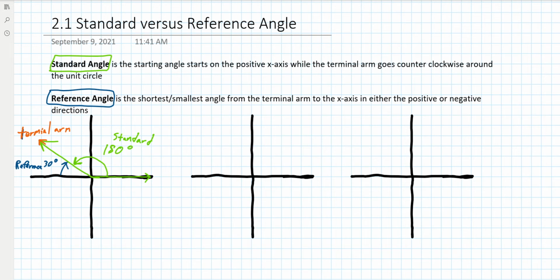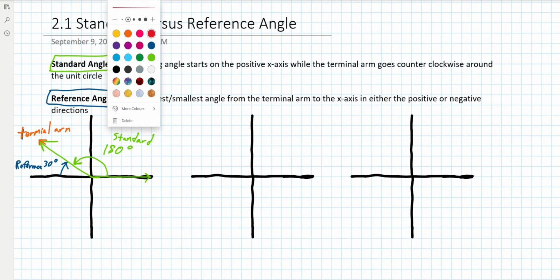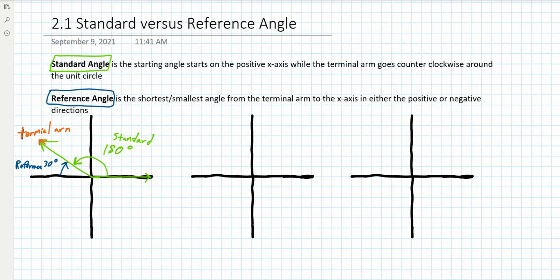All right, so that's good. So we have some idea here. The challenge comes when you're starting to look at some examples and you're trying to figure out what is the reference angle or what is the standard angle, and you're given the other one. So what I always recommend here is you draw it out. Draw out the situation, just like I did here. So for example, if I tell you that the reference angle is